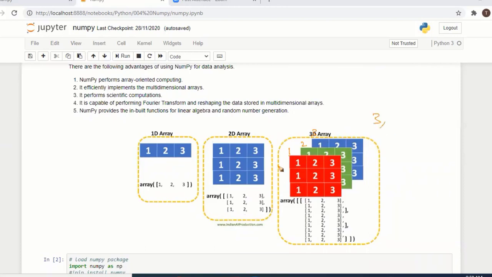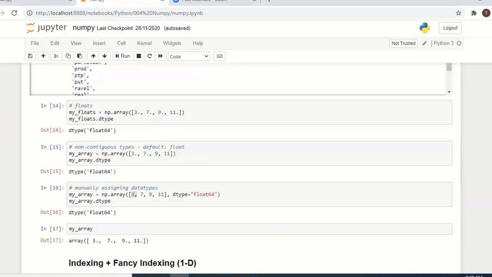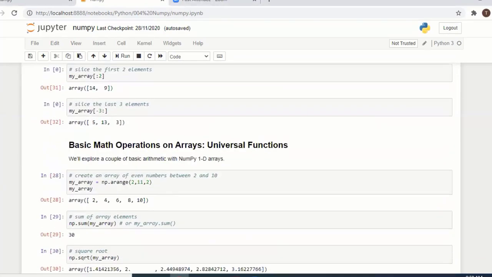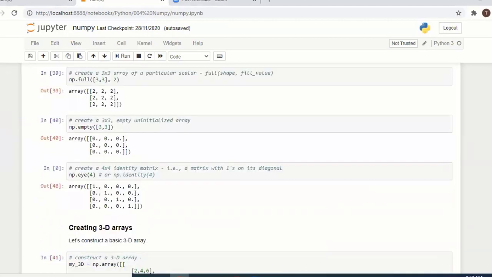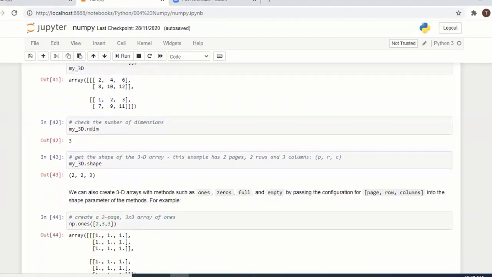How many rows does it have? 1, 2, 3, 3 rows. How many columns? 3 columns. So this shape is 3 pages, 3 rows, 3 columns, so we can identify it as 3 cross 3 cross 3. So in 3 dimension, if you check the dimension, it gives 3 because it's a 3 dimension array. Now if you see the shape,